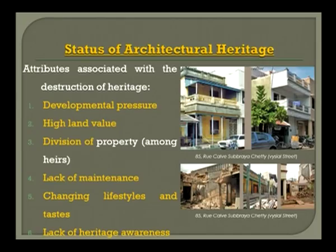A person could sell the house in the Tamil quarter to someone else who might not relish its importance, and he might decide that I don't want my house to look like this and change it. And all these now discussed topics is because of lack of heritage awareness. They don't know the importance. Either the buyer or the seller doesn't realize the importance and the heritage value of owning a house in this